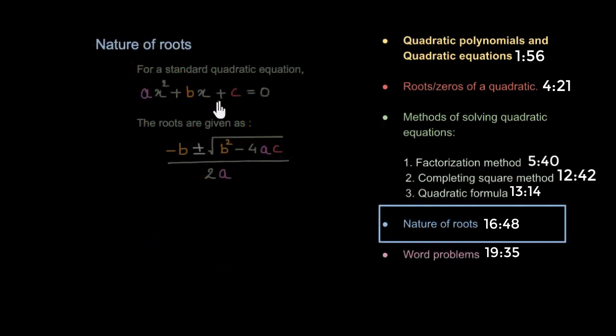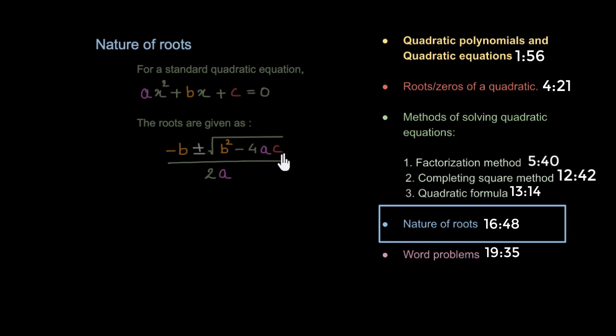By now we have seen how to solve a quadratic equation using these three methods, how we can basically find the roots using the methods given here. Now let's try to focus on the nature of the roots. Let's see, without even finding the roots, how can we say whether the roots would be real or unreal? So this is the value of the roots that the quadratic formula gives us for the standard quadratic equation. This can be real if and only if the quantity inside the square root is real.